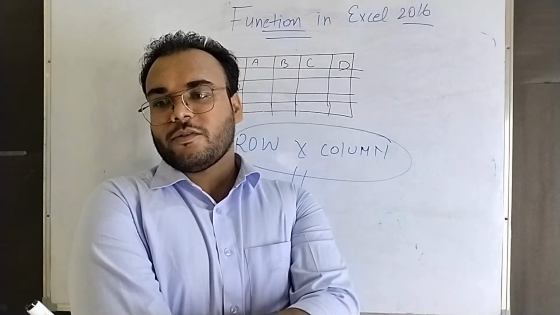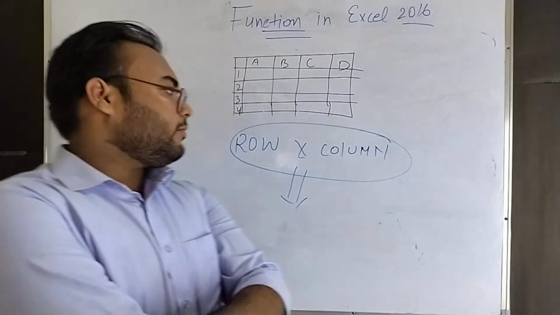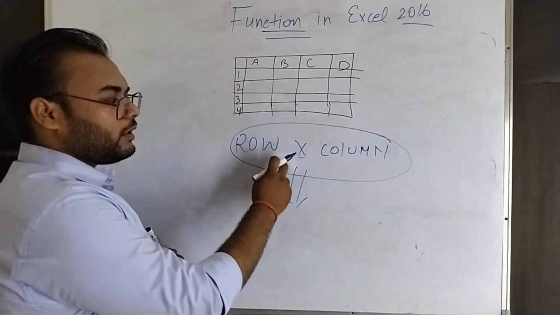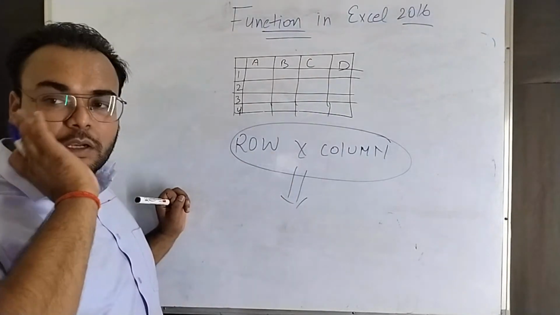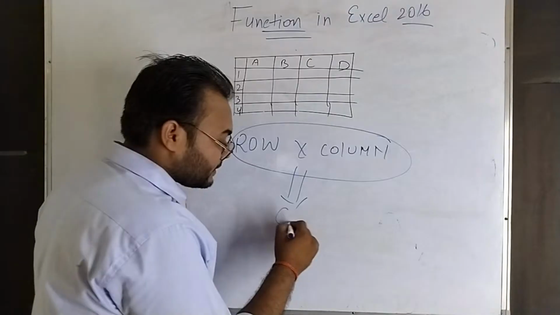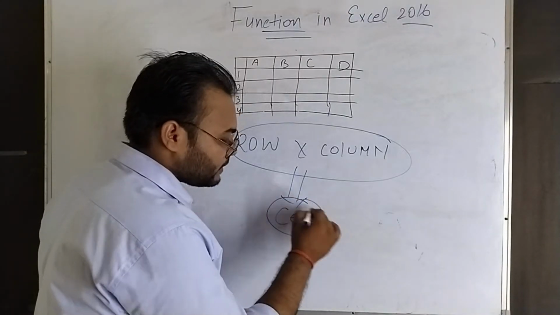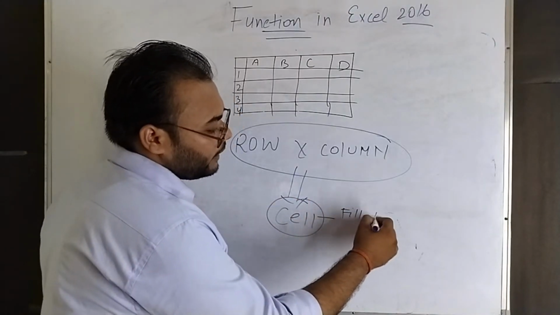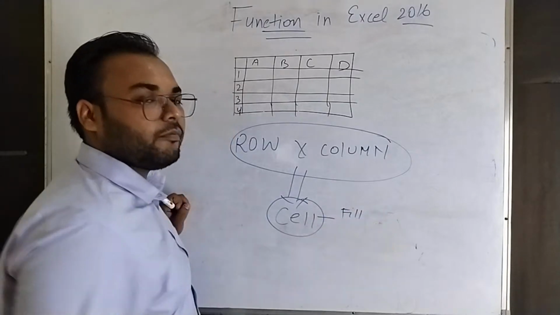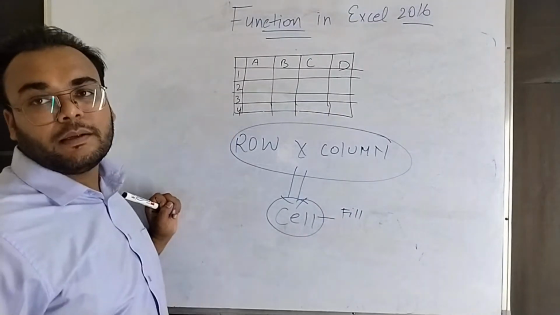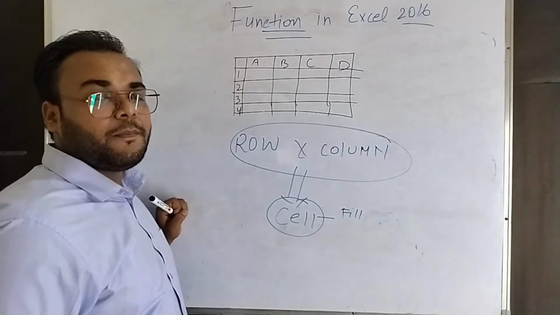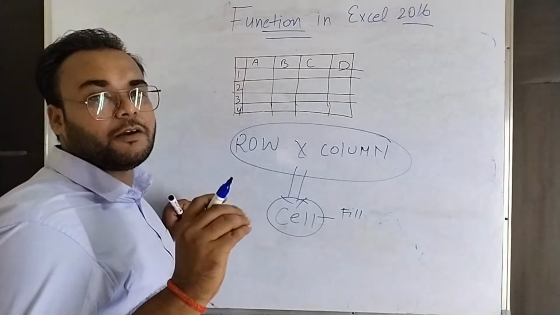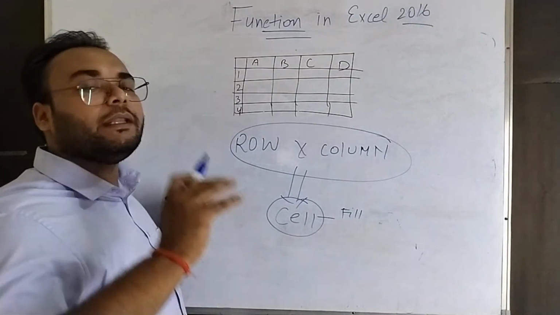फंक्शन नहीं पढ़ना है किसी को? Just tell me what is the concept for row into column? Cell. Yes, it's a cell. तो fill in the blanks के लिए अपने आप को रेडी रखना, ठीक है। Maybe question पूछ सकता है। It is cell, clear. Now we have different types of functions we have used in Excel,